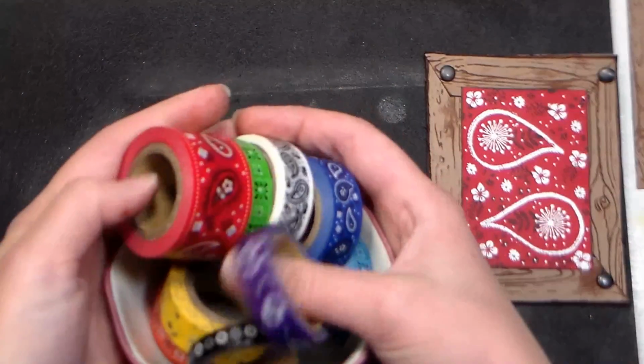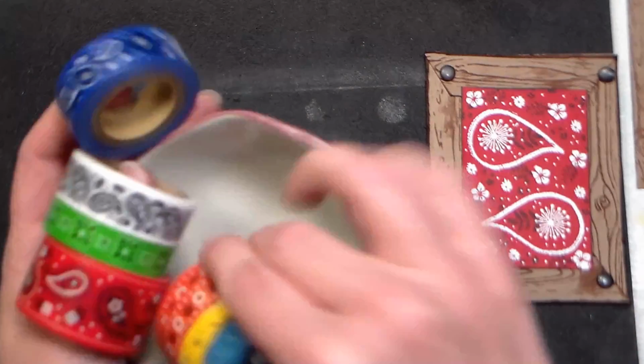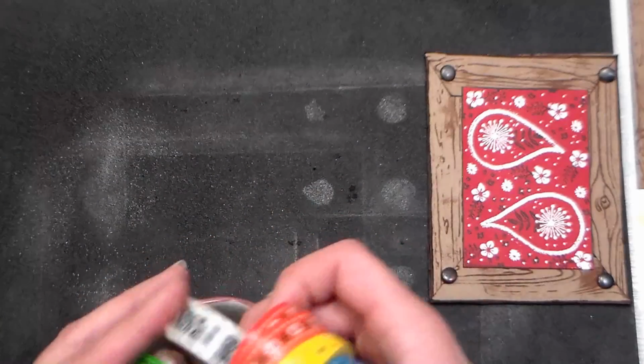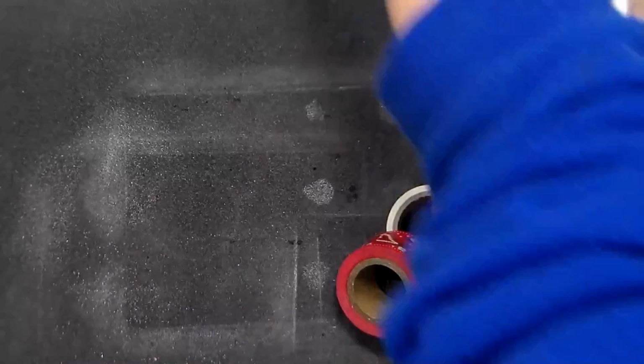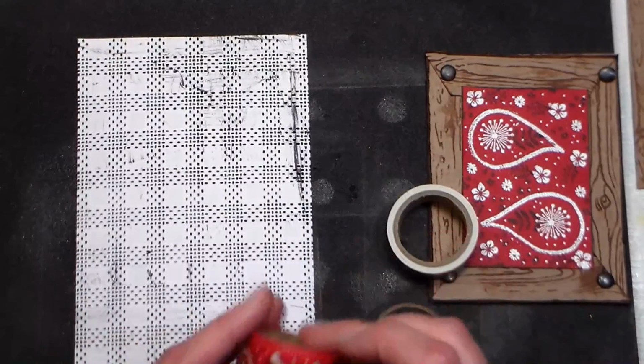Now I want to show you the supply that really inspired this project. This set of kind of bandana paisley washi tape. I thought this was so pretty, and I thought it would be really fun to see if I could build my own paisley patterns, and I'm so glad it worked out because I think that's another versatile way to use tiny stamps. So we are going to grab our gingham embossed background,